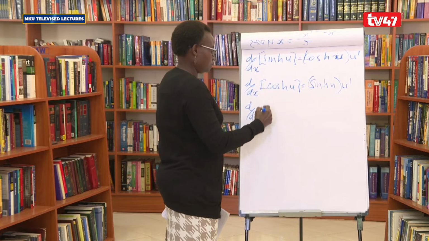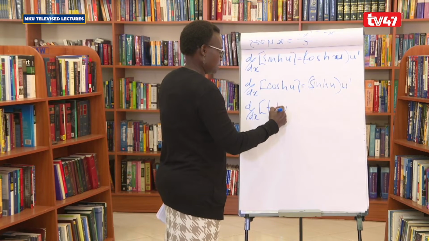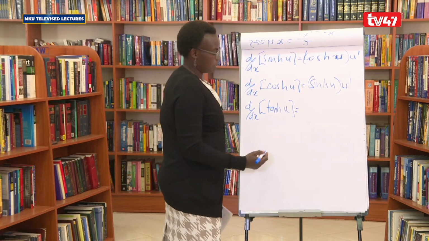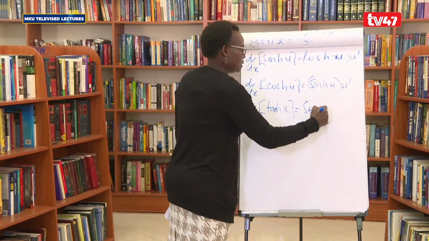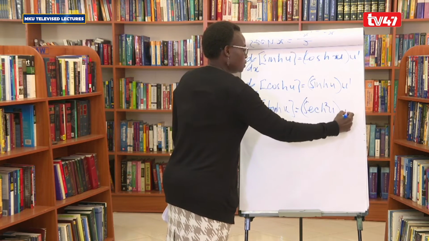The derivative of tan hyperbolic u will give us sec hyperbolic squared u bar,